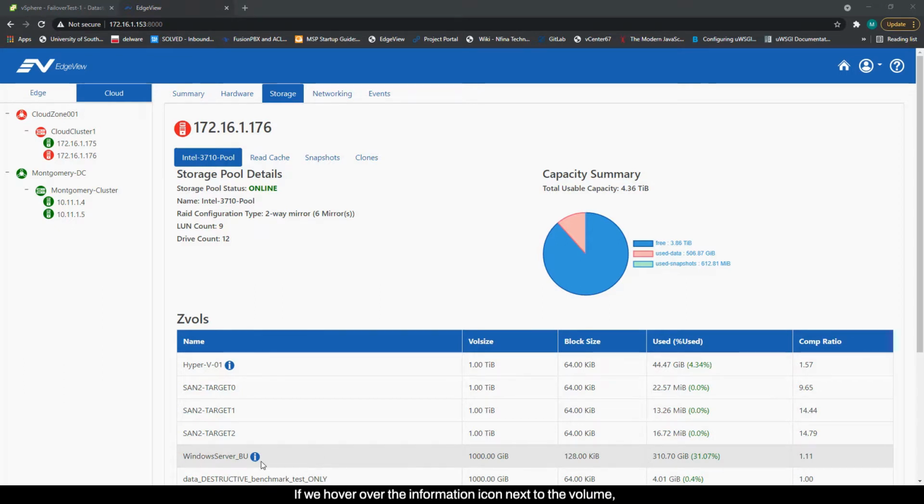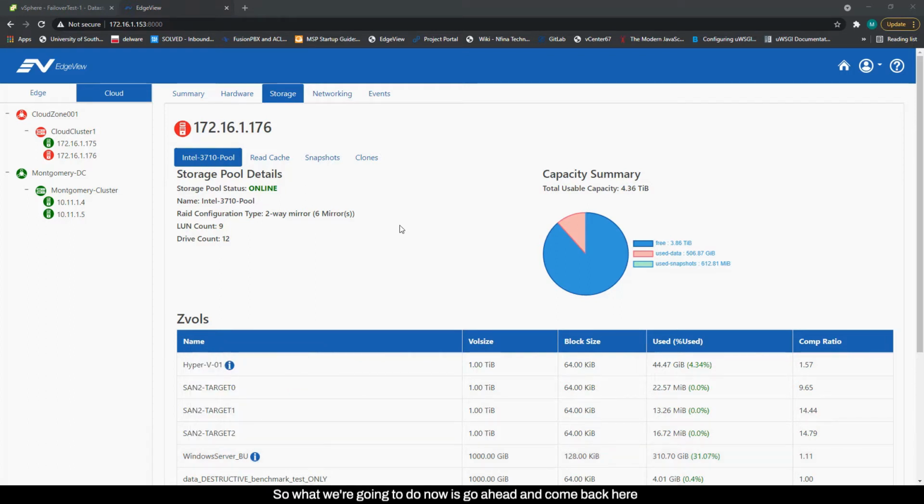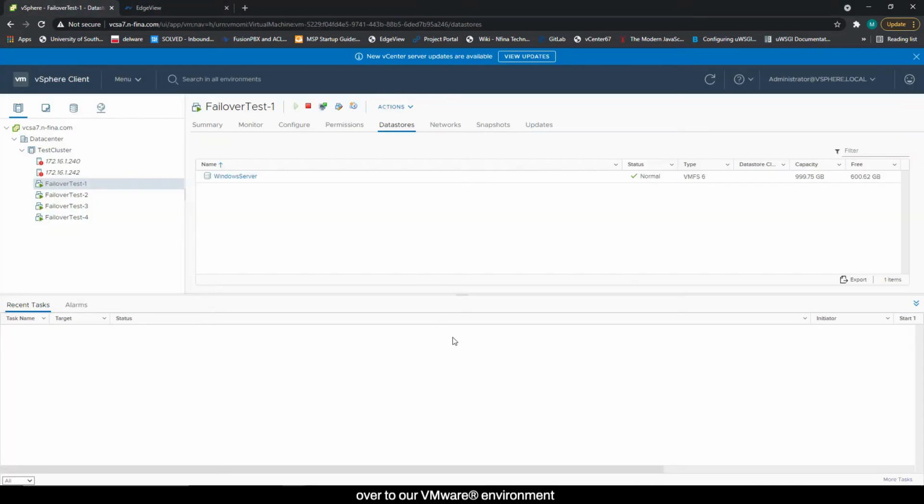If we hover over the information icon next to the volume, we can see that there are snapshots being taken every 5 minutes, and we're holding those snapshots for 30 minutes. And there's also hourly snapshots being taken that are being kept for a day, replicating those same snapshots to an offsite destination, as well as displaying the latest snapshot that is present in each of those systems. So what we're going to do now is go ahead and come back over to our